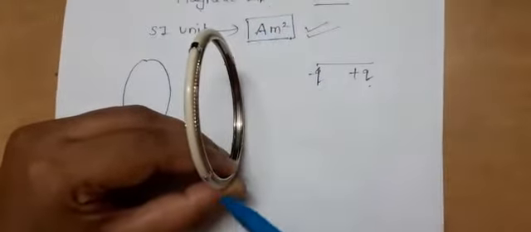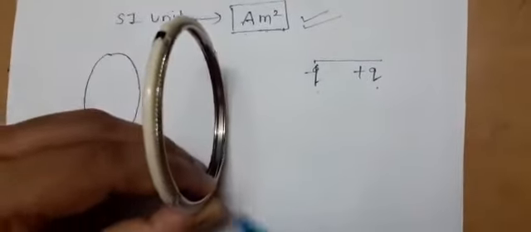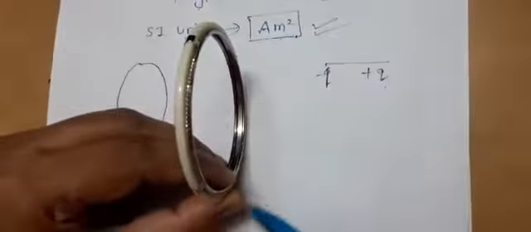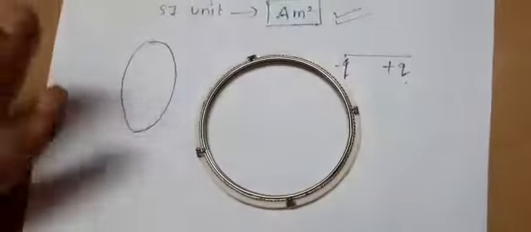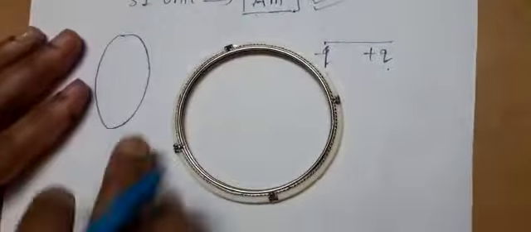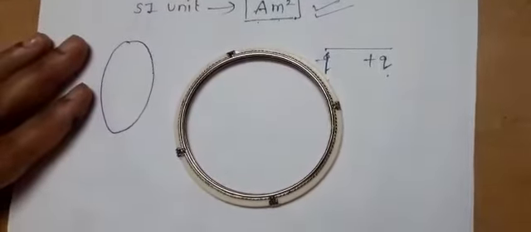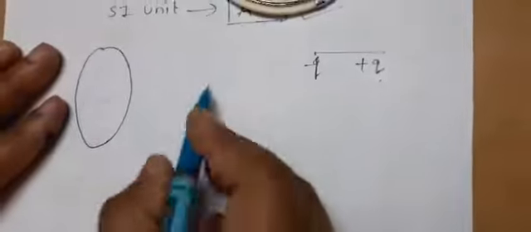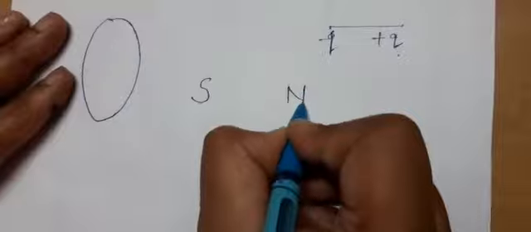It means when it is in the clockwise direction on this side, it will develop one polarity of magnet, and on the other side it will develop the other polarity of magnet. See, here this is a circular loop carrying current. If on the top face it has south pole, on the bottom face it will have north pole. How can we understand? See, this S is for south pole and this is for north pole.